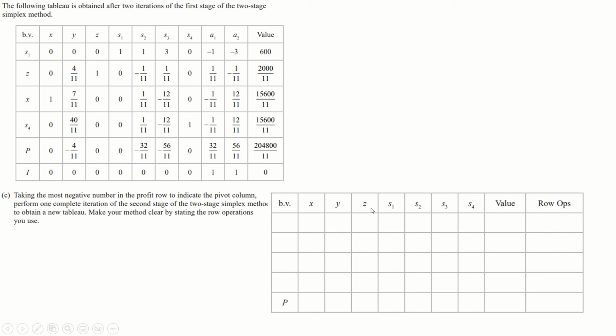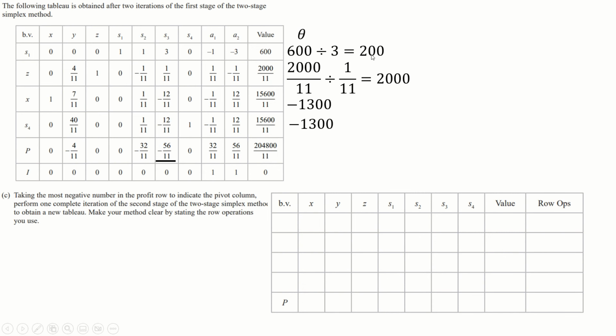So what we're going to do is we're going to start by picking the smallest value in this P row, which is this one here. The smallest negative is that one there because 56 is bigger than the other two. And now what we're going to pivot from is by working out the thetas. We can do 600 divided by 3, and we can do this divided by that, and this divided by that, and this divided by that. And we'll pick the smallest positive number from that list, which is this 200, and we'll therefore pivot from this